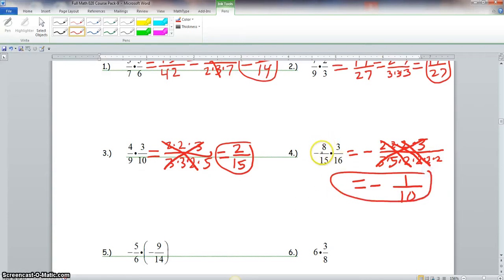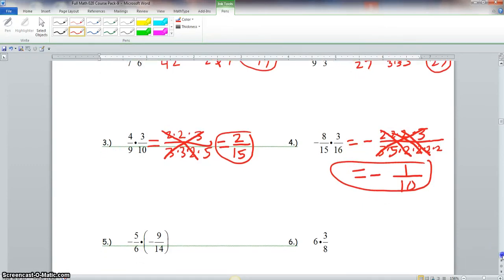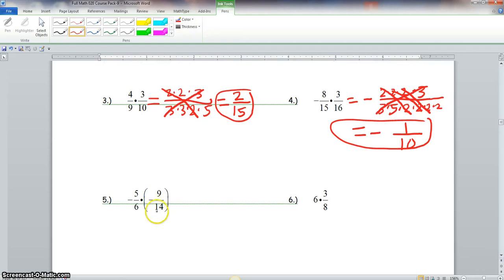Now looking here, we would have had to take the prime factorization of 24 over 240. That would have been a lot more difficult than breaking it down like this here. Now remember, we can only do this with multiplication, nothing else. Now, with our next problem, we have a negative times a negative, so we know our final answer is